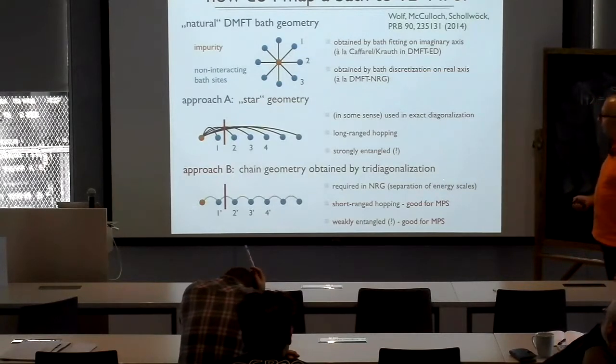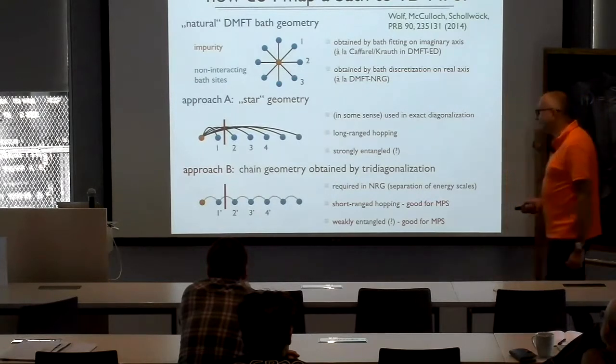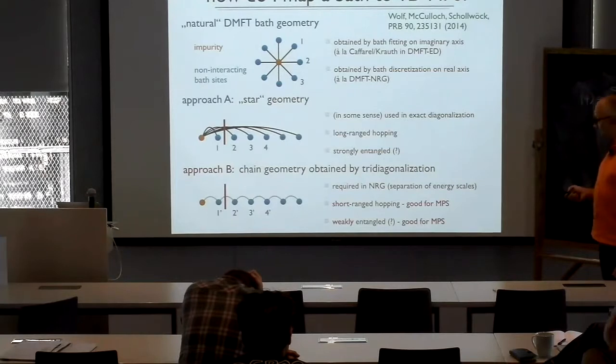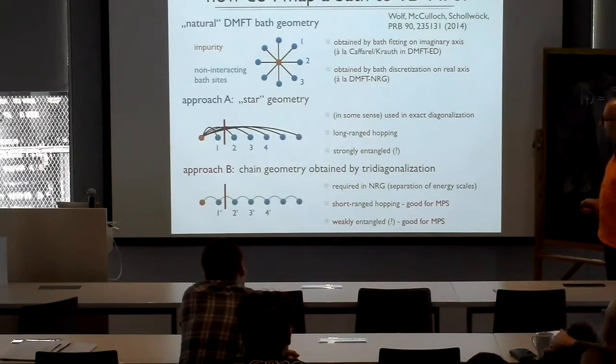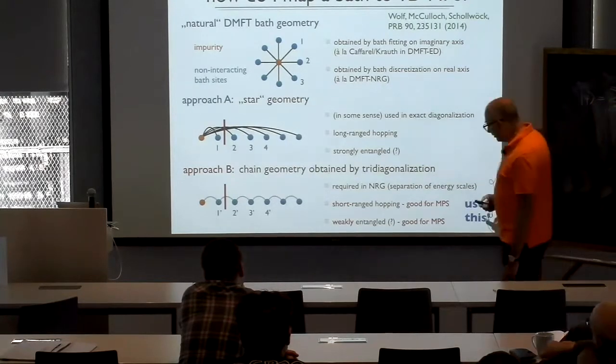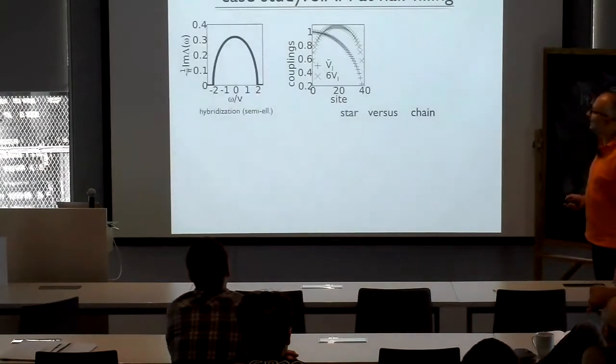But what you also could do, what you have to do in NRG actually to get hold of your separation of energy scales, is the tridiagonalization. Then you obtain a chain where there's only nearest neighbor hoppings, which is nice from the MPS perspective because, first of all, it's easier to implement short-range hoppings in the Hamiltonian operator, and that should be weakly entangled. So use this. This is what everyone had been doing. Okay, and then for whatever reason, perhaps I shouldn't say that, by pure chance, we looked at that again, and